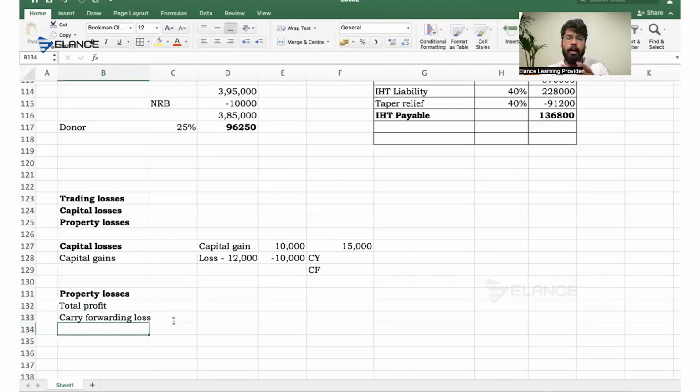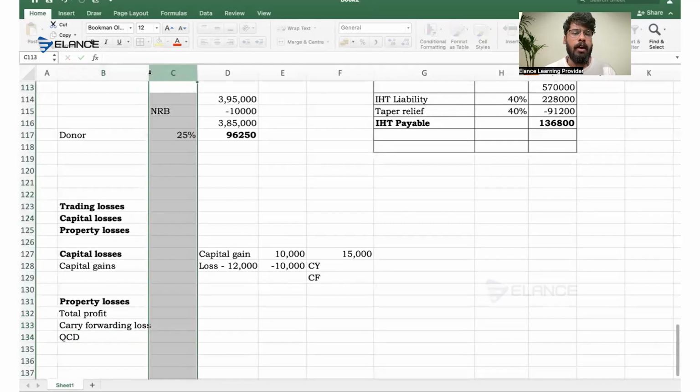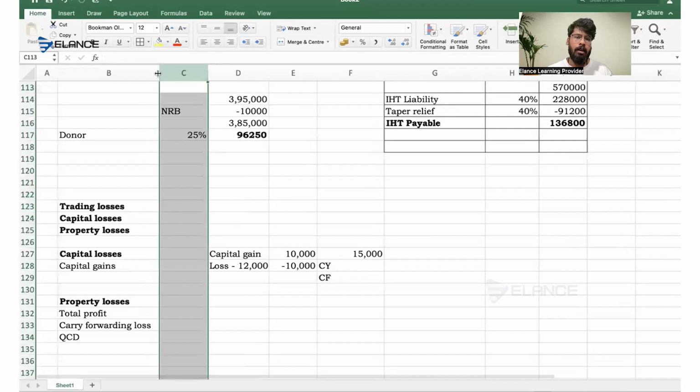Okay, if I'm carry forwarding the property losses to the future, I can set off this carry forwarding loss after deducting QCD. In our tax rule, HMRC has mentioned that while we are using the carry forwarded loss, it should not be a reason for wasting the QCD. So we should reserve the QCD first, then the remaining amount we can set off as carry forwarded loss